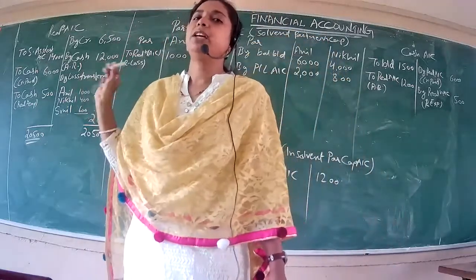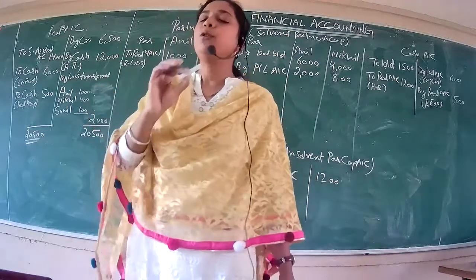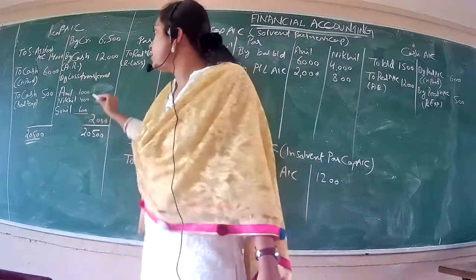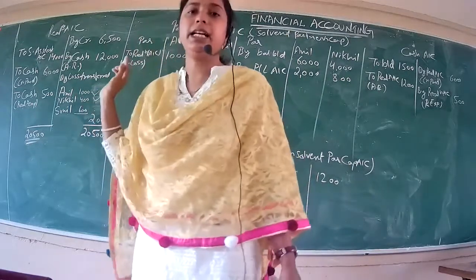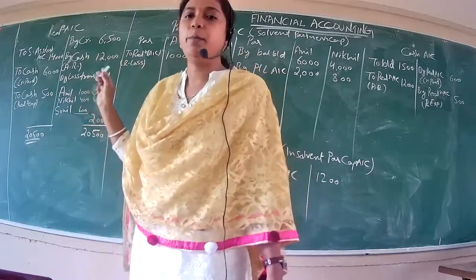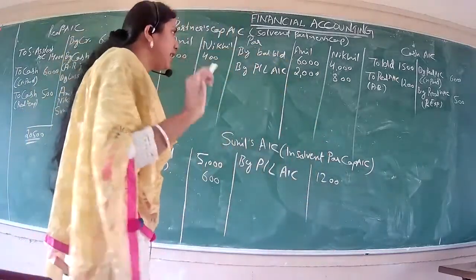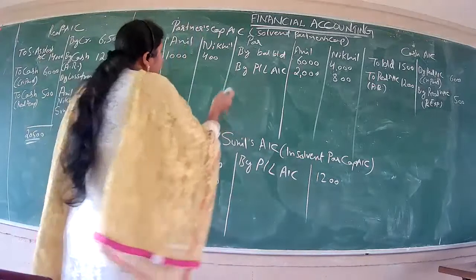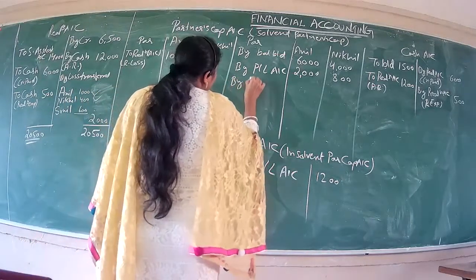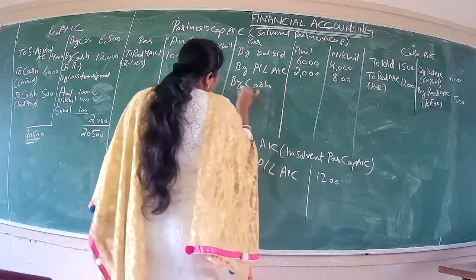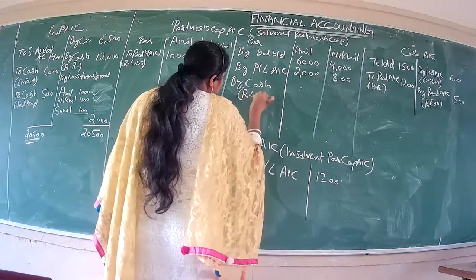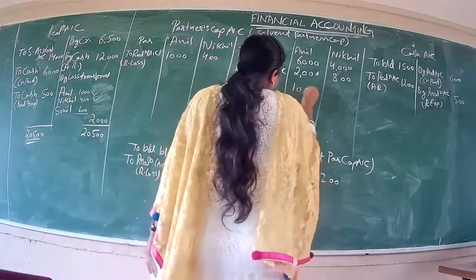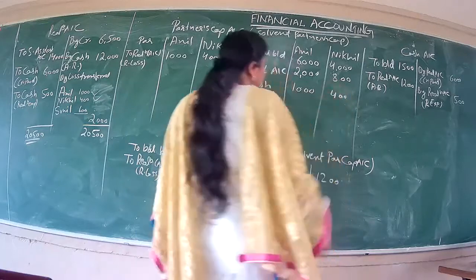Okay. So first of all, who are your solvent partners? In the question, it is very clearly given that Mr. Sunil is insolvent. That means solvent partners are your Anil and Nikhil. These two are the only solvent partners. So these two people have to bring cash equal to their realization loss into the firm. When they are bringing the cash, definitely it will affect their capital account. So we will make the entry here by cash, and please for your reference write here realization loss equal cash. They have to bring 1000 and another 400.